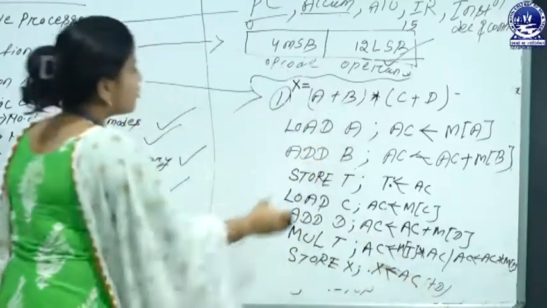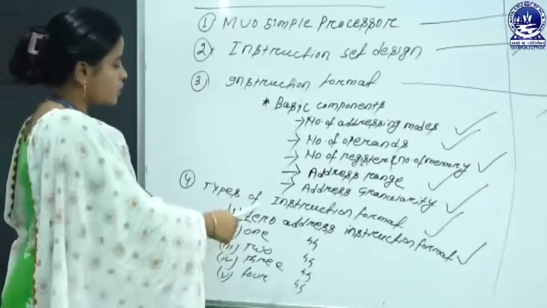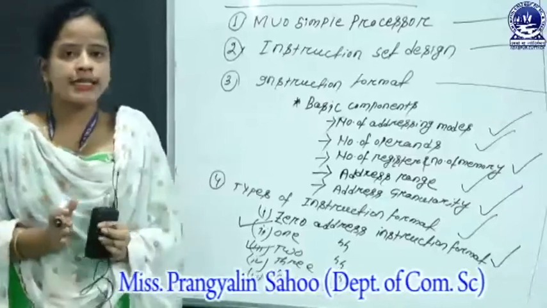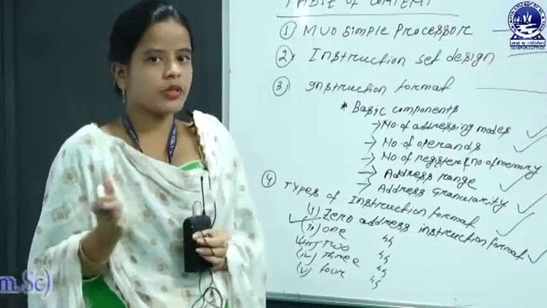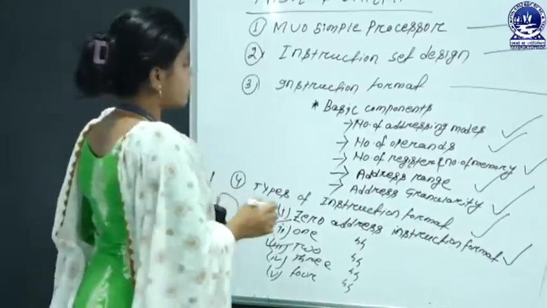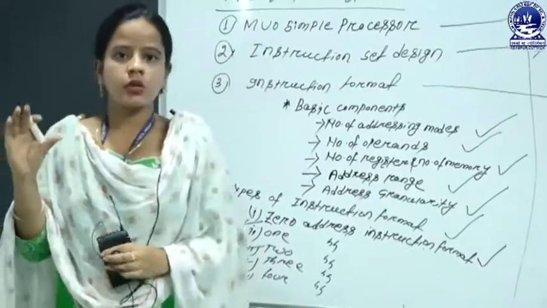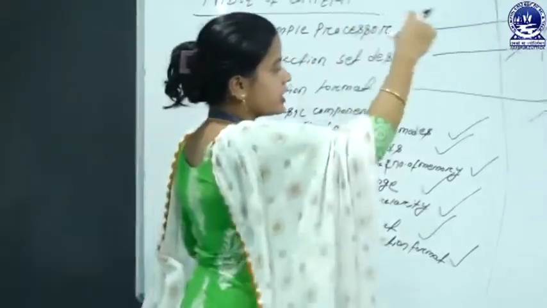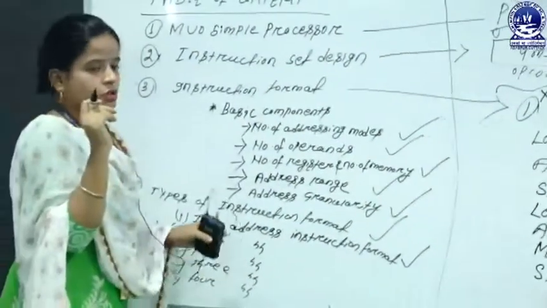Okay, this is the format of the one address instruction format. Now goes to the next concept, that's your two address instruction format. Two address instruction format means here, in place of the accumulator, we have to use one register or one memory location. That means in the two address instruction format, we use one opcode and two address fields. So now to check how the given expression is executed using the two address instruction format.